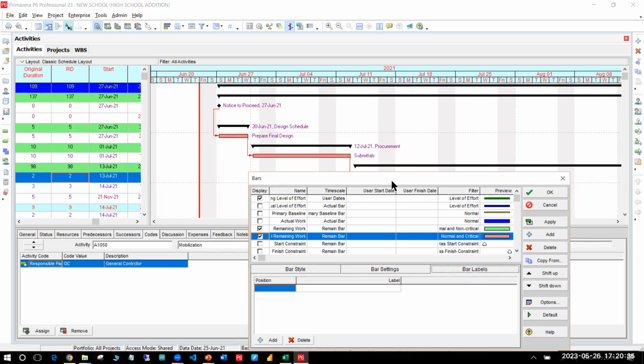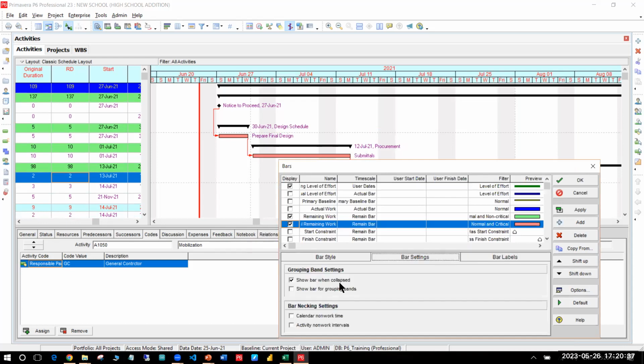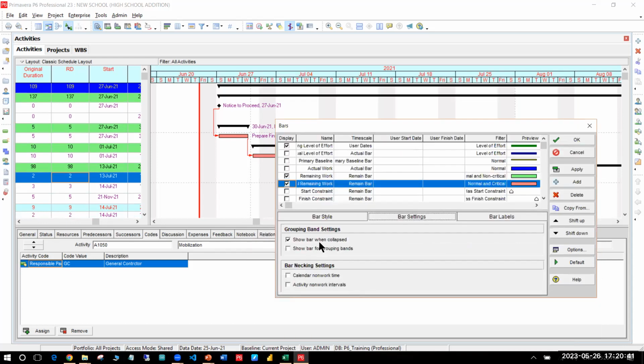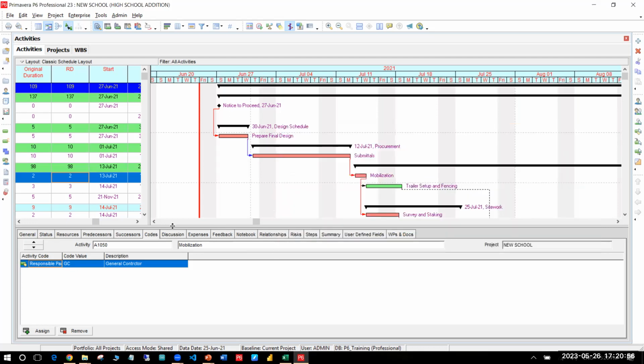Like for example, this bar setting is about what happens when you collapse the bars, whether it will show or not show. You can control this from here. If you want to show calendar non-work time also or not, you can do it with bar netting. Suppose I will show you. For example, I'll take one